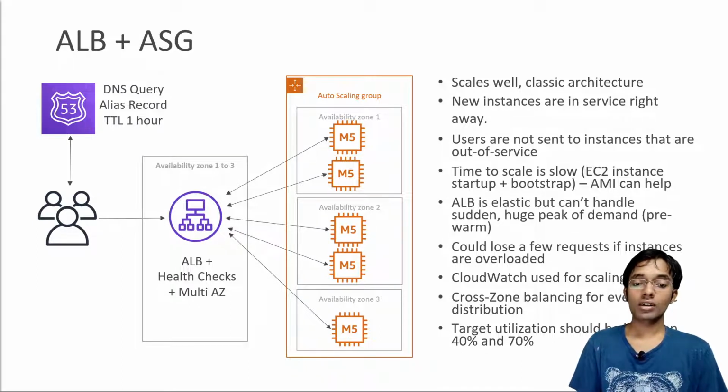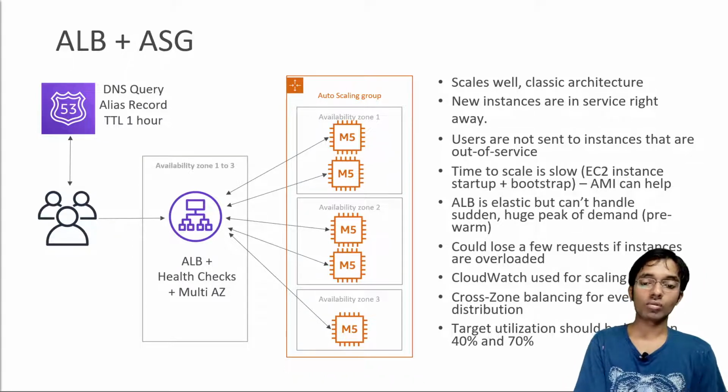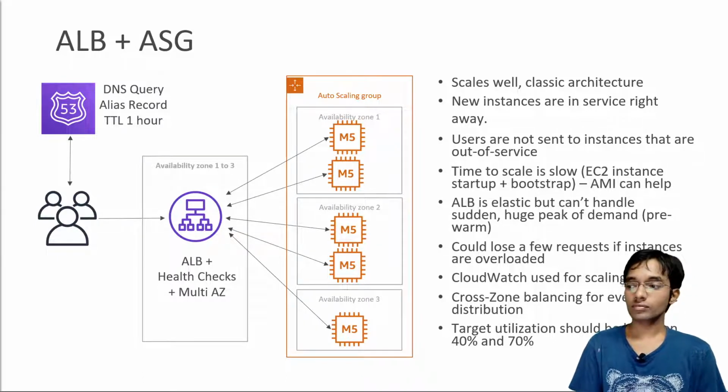Just as a real world tip, if you are trying to scale your auto scaling group, a good target utilization would be within 40% to 70%, depending on how you feel about your application, to scale in or scale out. Okay, next we have